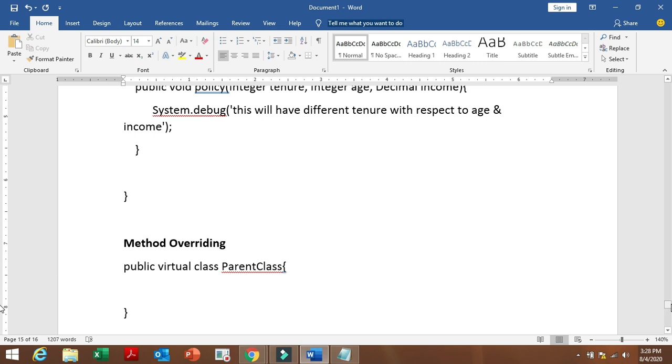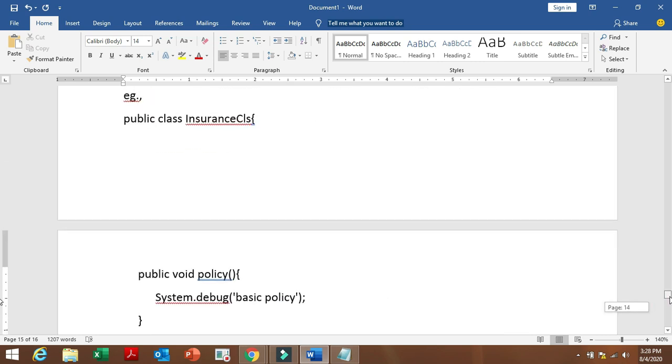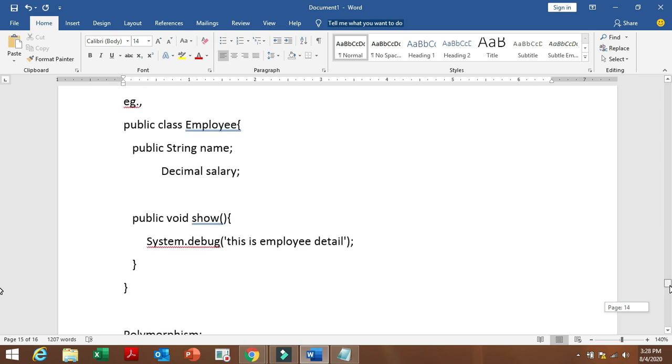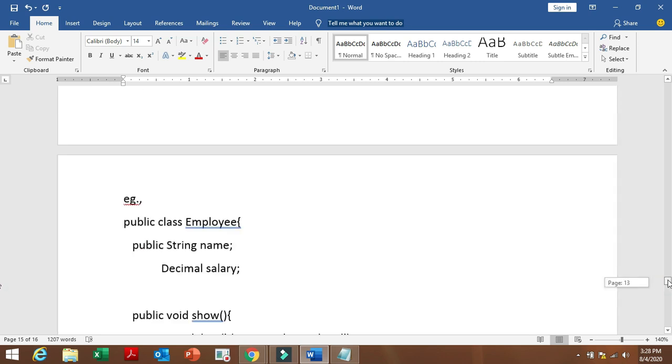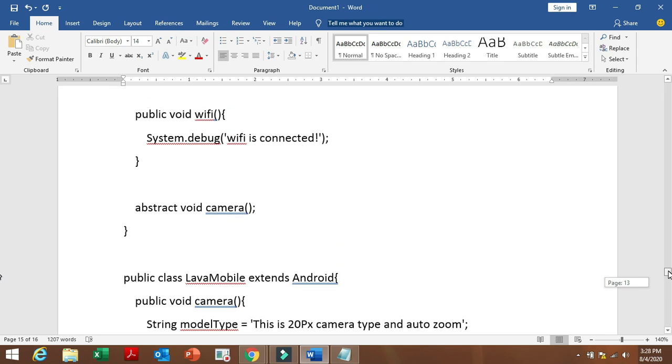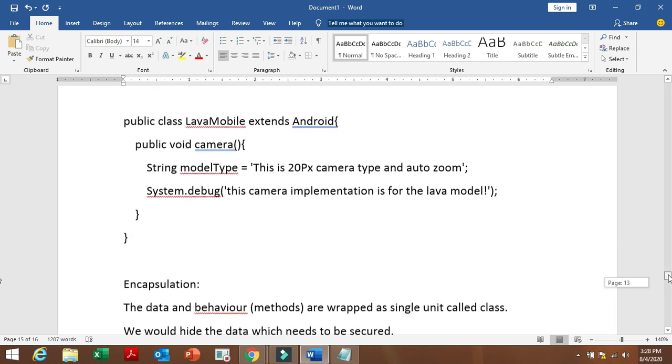So let's see this example. Already we did this in the Android class. See, this Lava mobile class is extending the Android class. So in this one we are actually using method overriding. We are overriding the properties of the parent class.